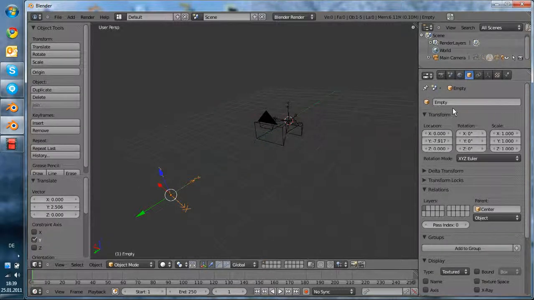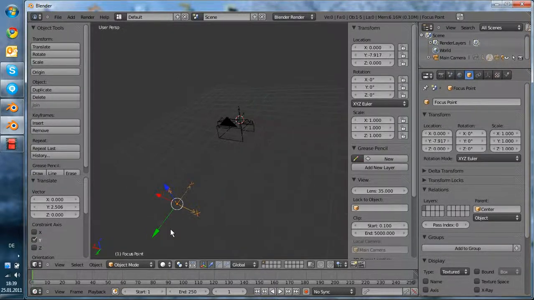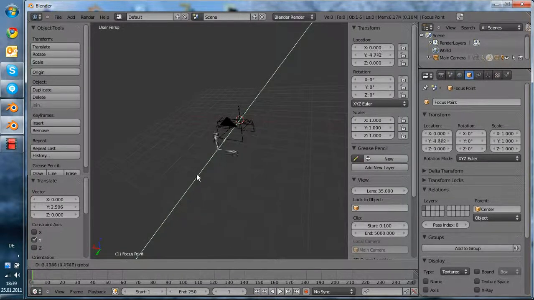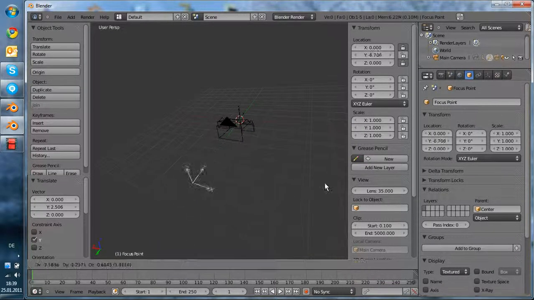our center point empty. So this empty here I will name focus point, and this empty should only ever be moved along this axis here. So therefore we just turn off all the axes we don't need. And if we now also move sideways, or in any other direction, it will always stay on